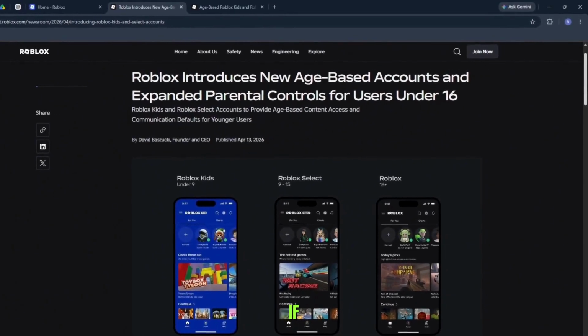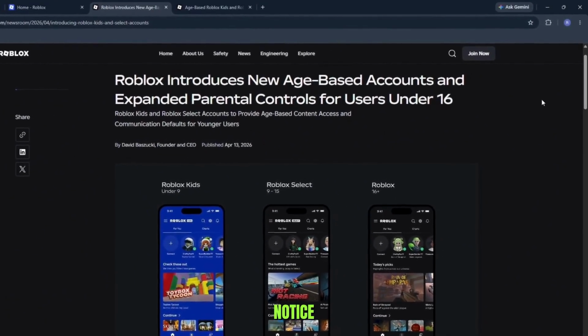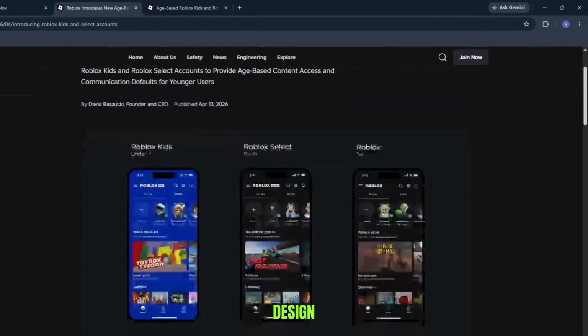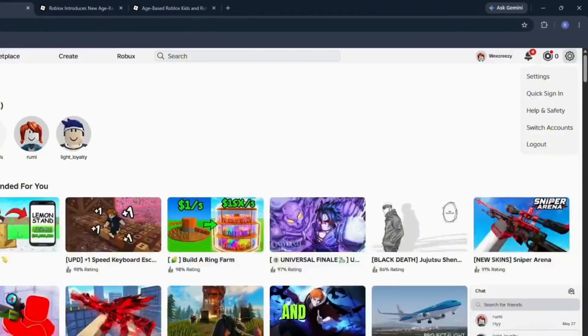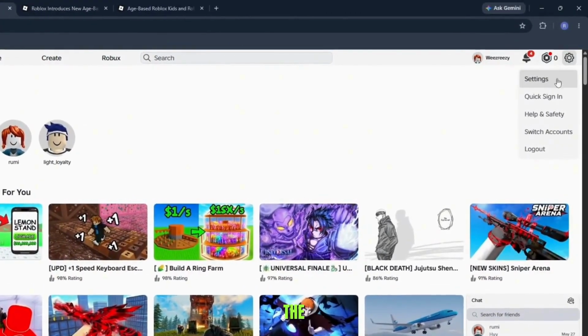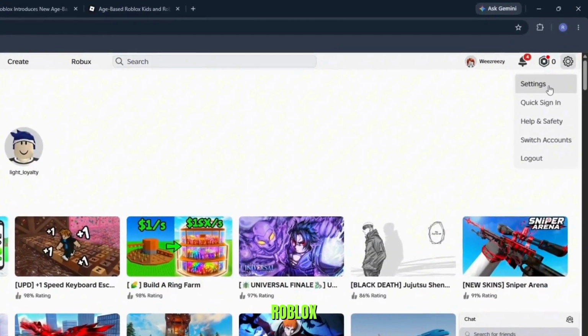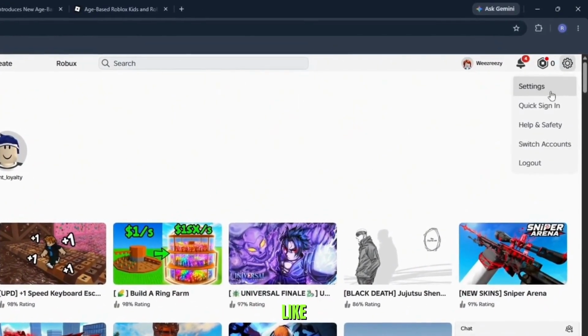the visual interface. If I'm using a Roblox Kids account, you'll notice a distinctive blue background across the entire platform. This design is permanent and cannot be changed, and it clearly indicates that the account is part of the kids category. On the other hand, Roblox Select accounts use the standard Roblox interface, so everything looks like a normal version